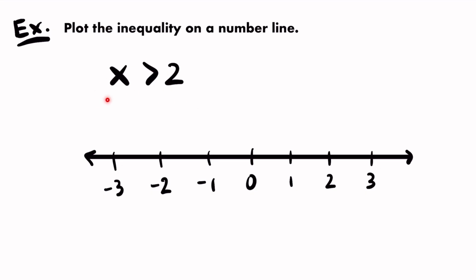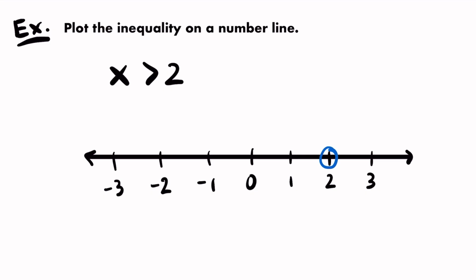That's really what we've been given here. This is a solution set for an inequality. It represents the values of x that would make this a true statement. And so 2 is not included in that, which means that we want to draw an open circle at that value of 2 on the number line. If 2 was included, if this was instead x greater than or equal to 2, then we would draw a closed circle, meaning that we would fill it in, and that would indicate that we're including 2 in our plot